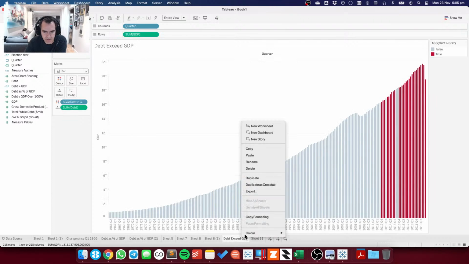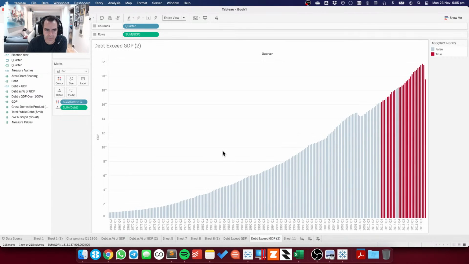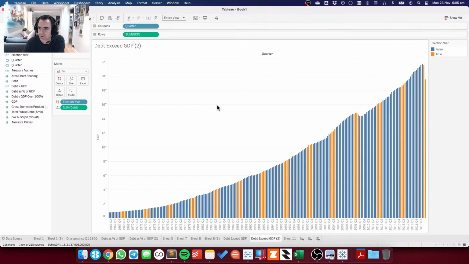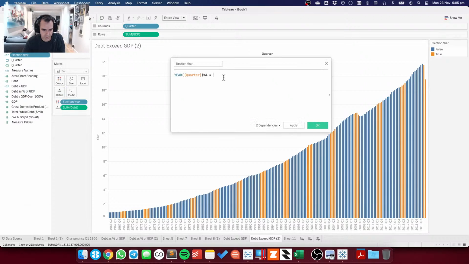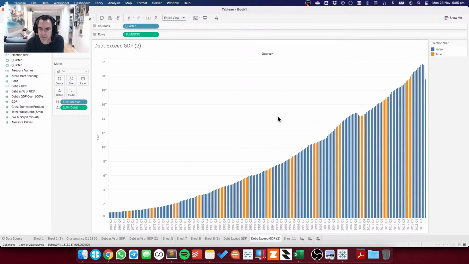But what I could do here is, I'm not sure if this is what you meant, Lucas, but maybe I could put election year on color and see what that looks like. So, yeah, it does that. So Denise is saying, do I want the election year? Oh, I always think of it the other way around though, but I could if it makes you happy. Okay, it's just going to shift everything.